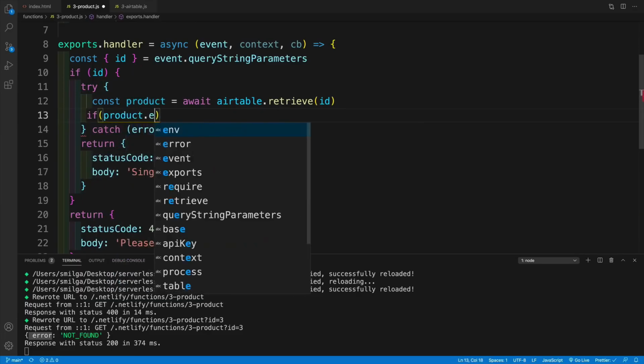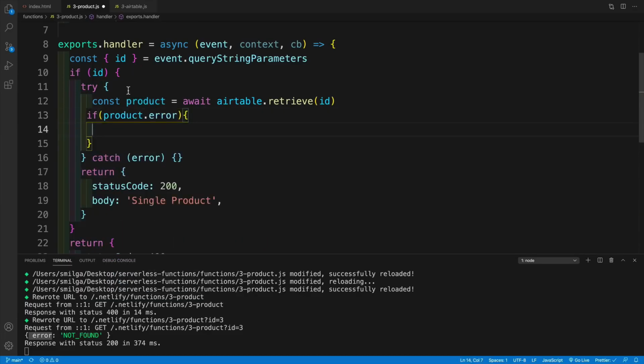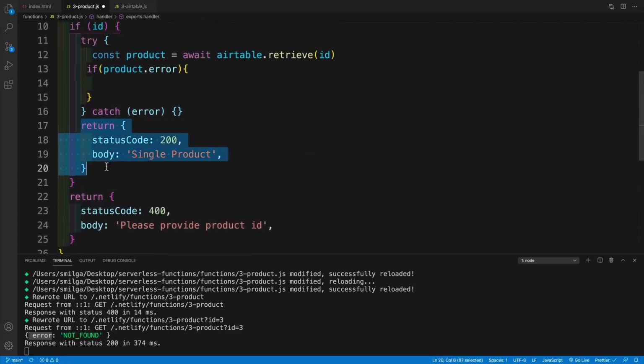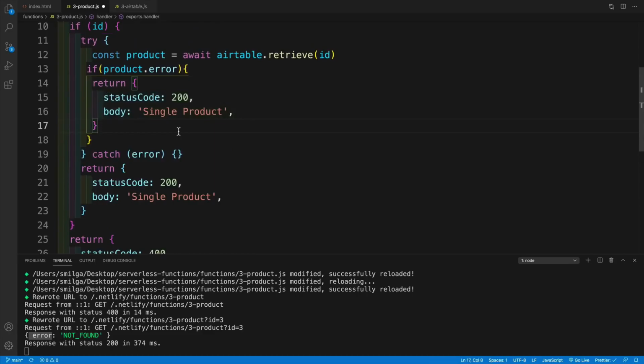We'll say product error. And if that is the case, then let's grab one of the returns. It doesn't really matter which one because we'll set up a specific info anyway. So now, of course, it's not going to be a status code of 200 since it is an error. And if you cannot find the resource, then the status code is 404. And in the body, I'll set this up as a template string. And we're going to go with no product with ID. And then we'll just set up